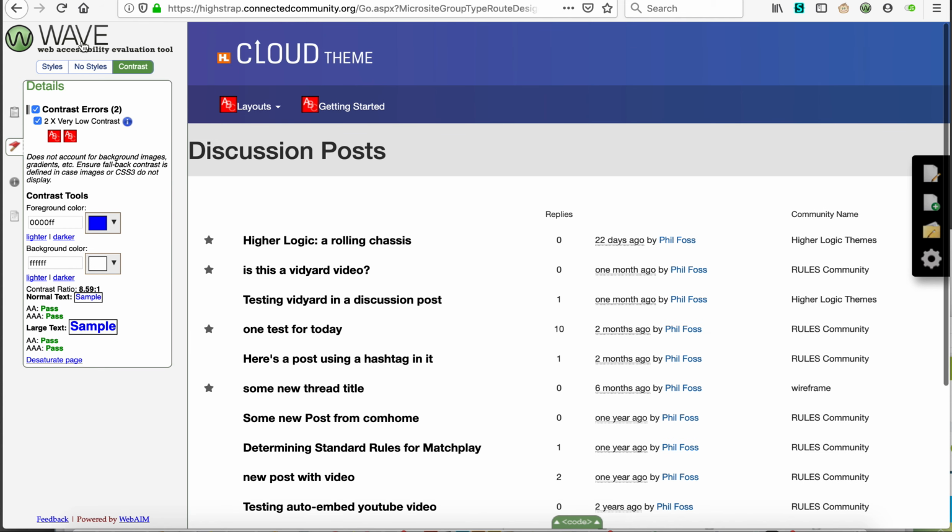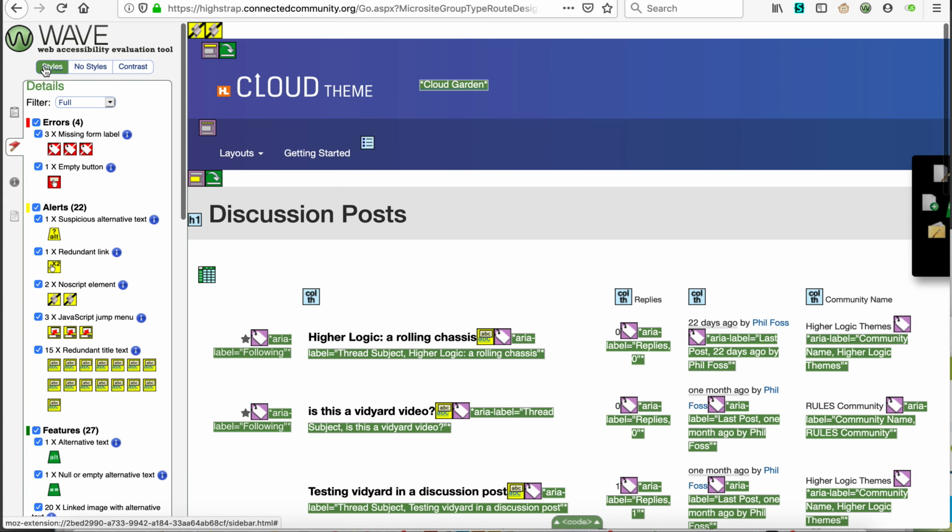And so that's how we can use Wave to look at any of these contrast errors. If it is required, probably a good idea to do this testing anyway, even if you don't have it as a requirement, if you're working on your theme. But if we go back to the main tab here,